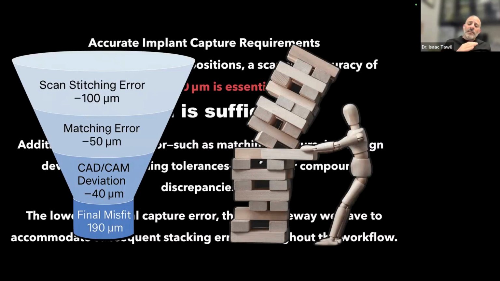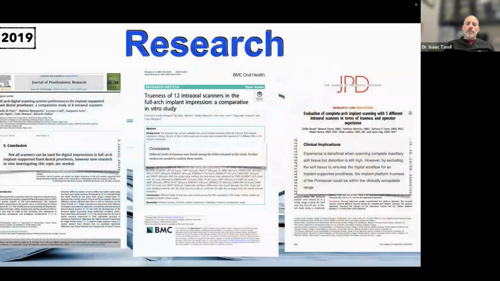So we need to have as little discrepancy at the time of capture so that we can have the best amount of success and leave more room for other things that may have errors, such as milling errors that may occur. So it's more important to me to start off with a very positive, successful capture, and then later on, if there's any issues, I'll be able to catch up with it.